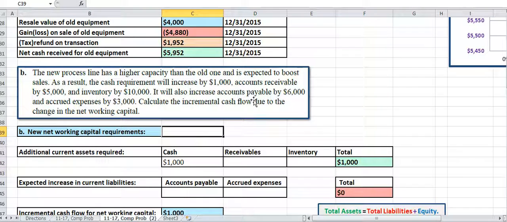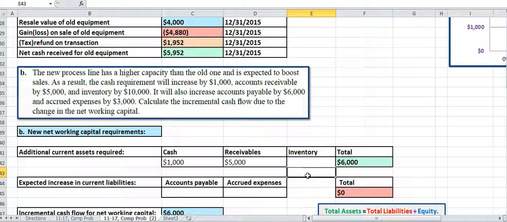And our accounts receivable are going to increase by 5,000, so we'll put that right there. And our inventory is going to increase by, where is it? 10,000. So put that in right there. And that's going to give us a total of 16,000. Now we also are going to have an expected increase in current liabilities, and so we have to